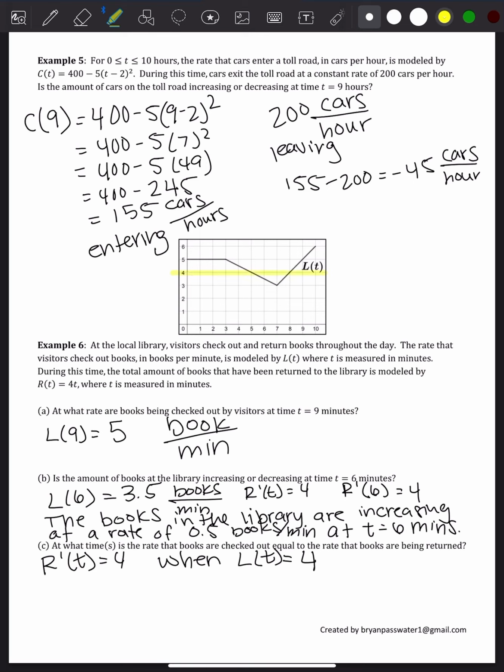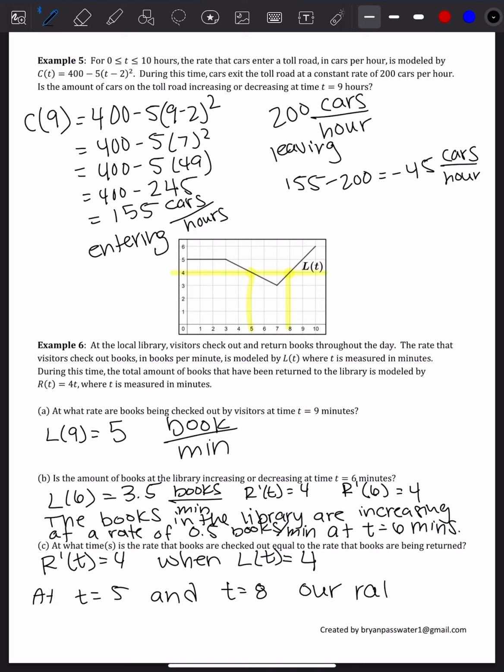So this happens in 2 spots, right here and right here. So if I look down here at 5 and 8, our rate of entering and rate of leaving are the same. So at t equals 5 and t equals 8,